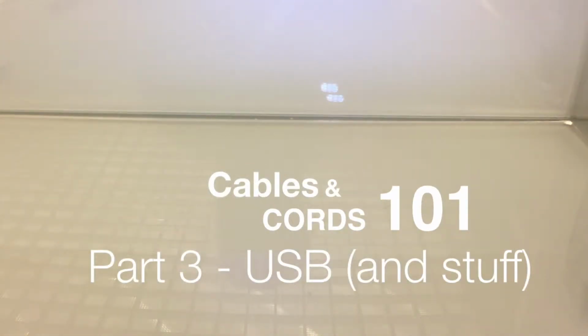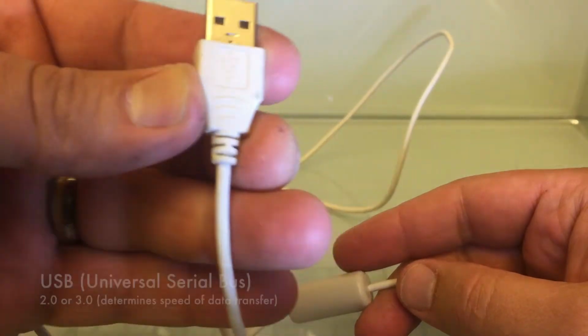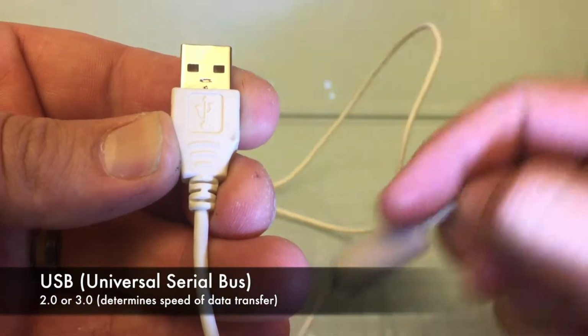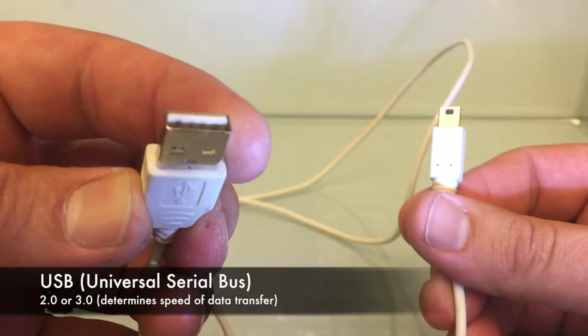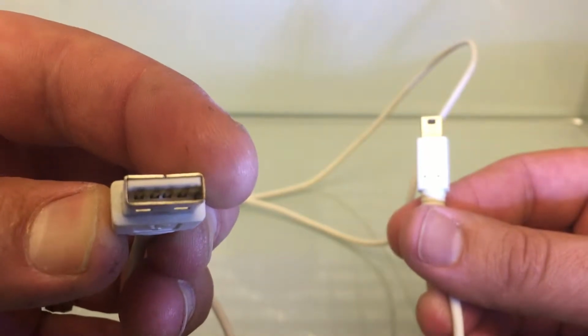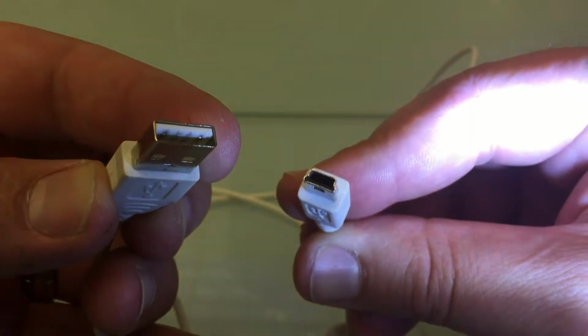Cables and Cords 101 Part 3, and we're going to talk a little bit about USB connections. So a standard USB cord, the most standard cord would probably be something like this, and usually it's got the USB or Universal Serial Bus stamp on it. That's a universal symbol for the USB, and on the inside of this, most of the time these connections are 4-pin connections. So if you can see those 4 gold slats right there,